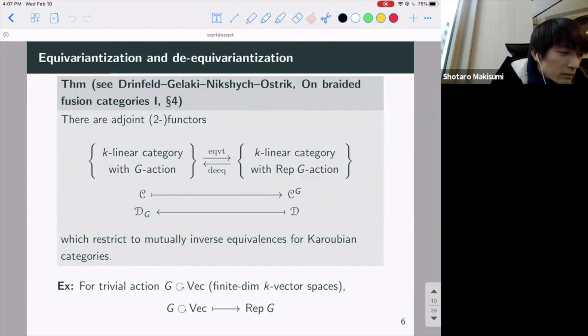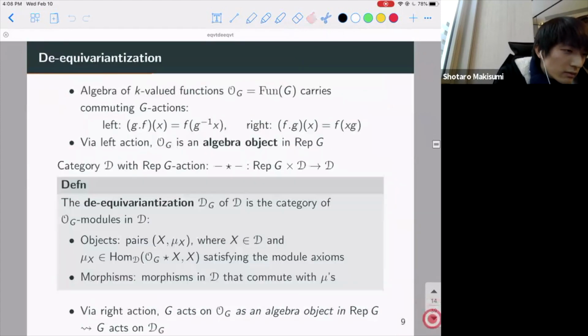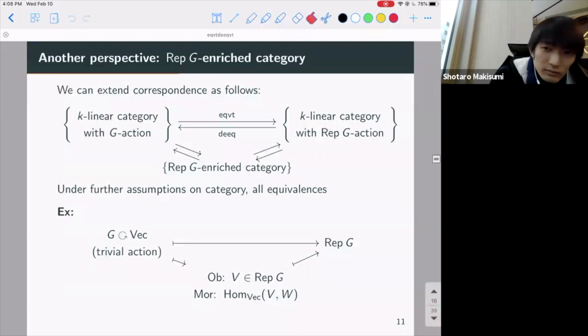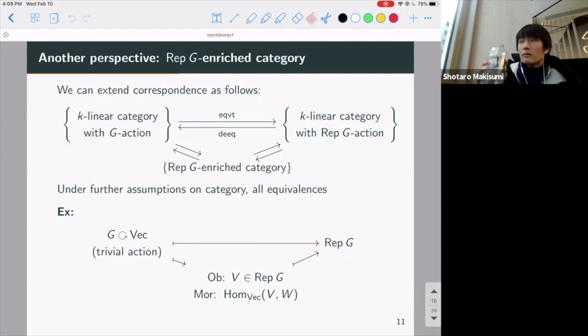Interesting. So when you go to that slide where you've got three things, where there's that thing in the middle, the category, that certainly works pretty easily. So in this thing, you can certainly define what it means to be a k-linear category with a Rep G action where G is the Lie algebra. That makes perfect sense. You can certainly define what a Rep G enriched category is when G is a Lie algebra. I guess there's no real definition of that upper left corner, though.